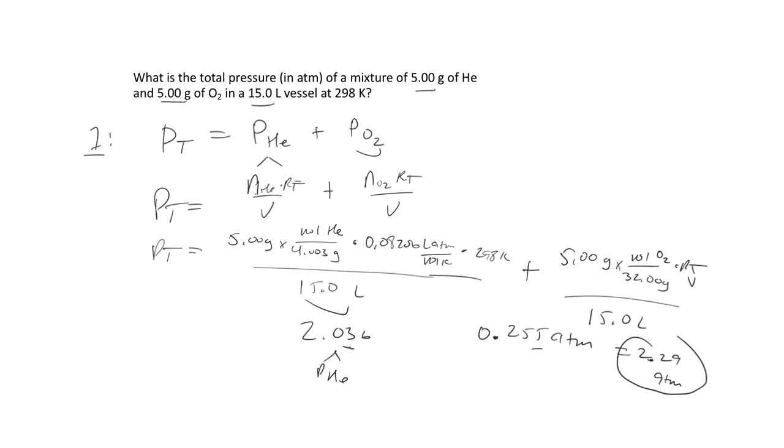You may have been sitting there thinking that there's a faster way to solve this problem, and that is the total pressure would just relate to the total number of moles times RT divided by V. So we could calculate the total number of moles. I could have looked at the 5 grams of helium up here and said, well, 5 grams divided by 4.003 grams per mole, that's going to be about 1.249